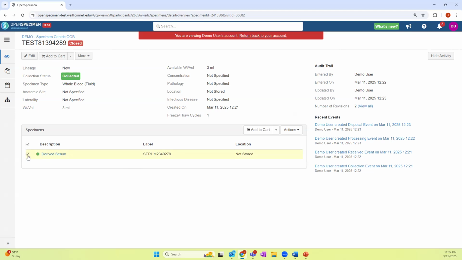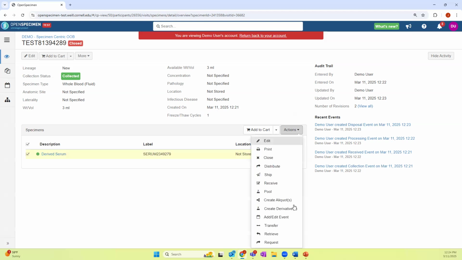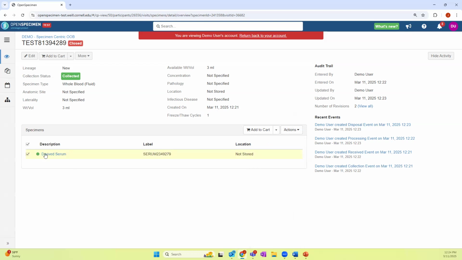There are two ways to store specimens within OpenSpecimen. You can either have the system automatically slot the specimen into an available location in your freezer box, or you can manually select where you're storing that specimen. For the first demo, I will show you how we can manually slot a specimen into its location. So what you end up doing is you select the individual specimen of interest,